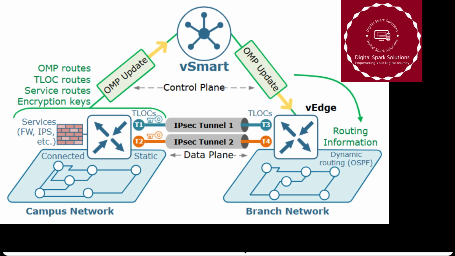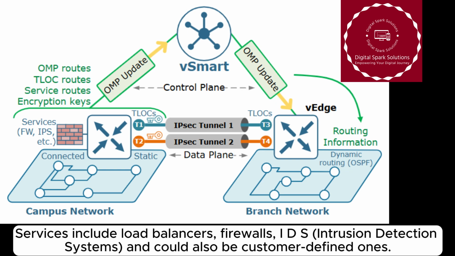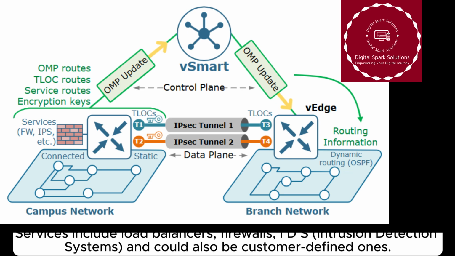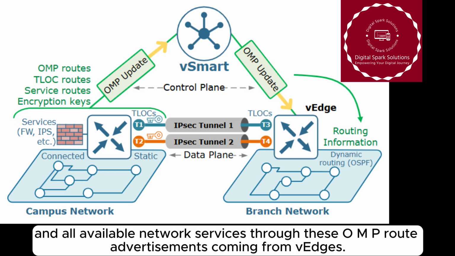IP routes. However, the vEdge also advertises to the vSmart all locally attached services that are running in the site local network. Services include load balancers, firewalls, IDS (intrusion detection systems), and could also be customer-defined ones. The vSmart controllers learn the topology of the overlay fabric and all available network services through these OMP route advertisements